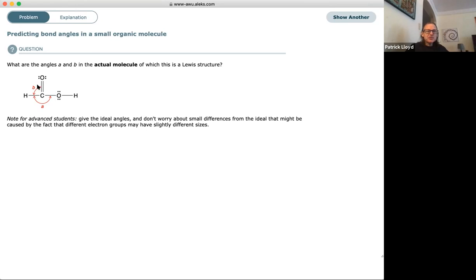And the same is true for B. This is a trick question. They're showing you the Lewis structure, which is not the actual angles. Since this is still the same central atom and you're going to the next surrounding atom, it's still going to be trigonal planar, it's still going to be 120. So the actual arrangement,